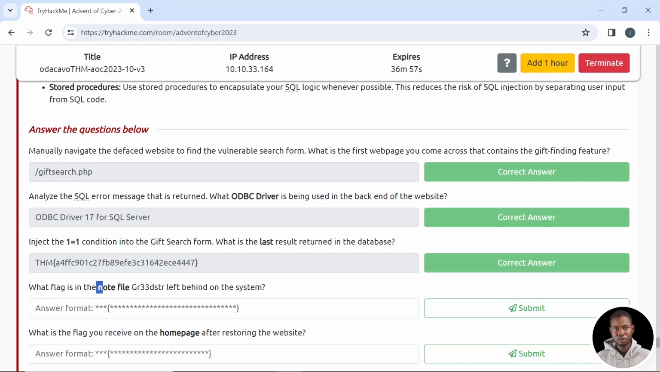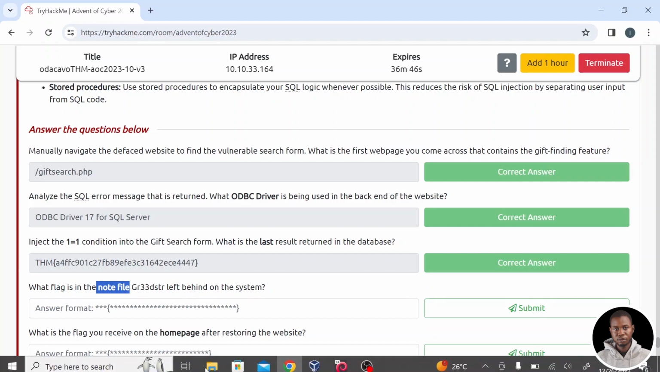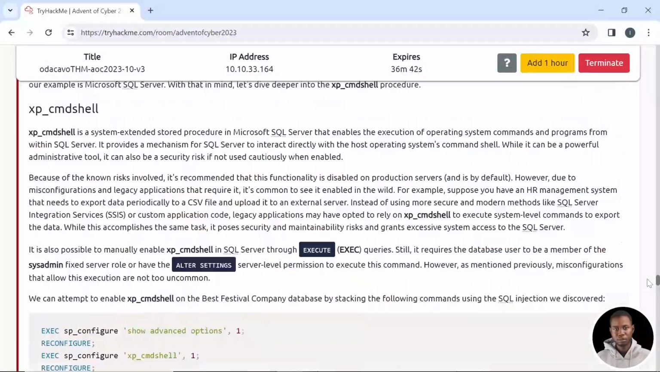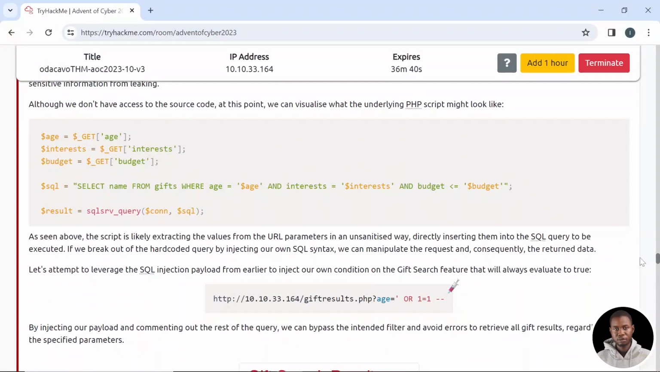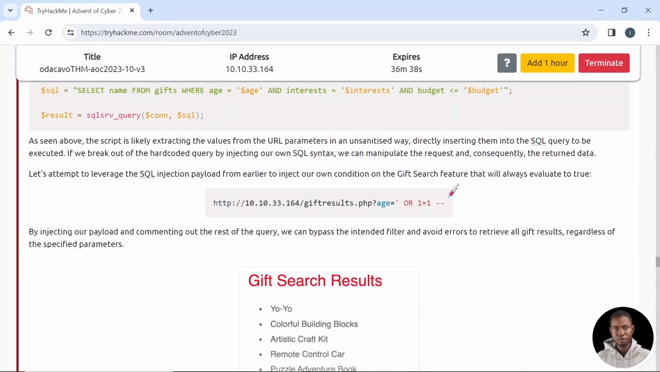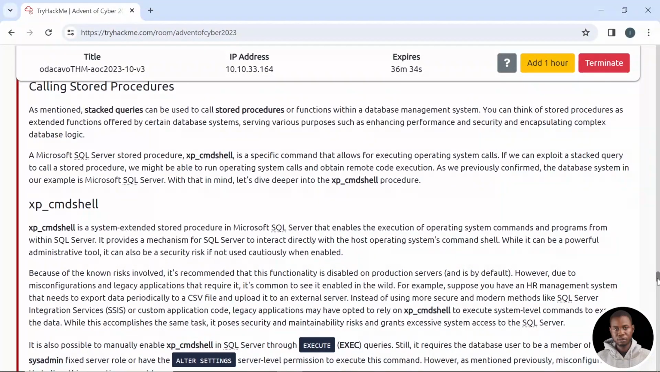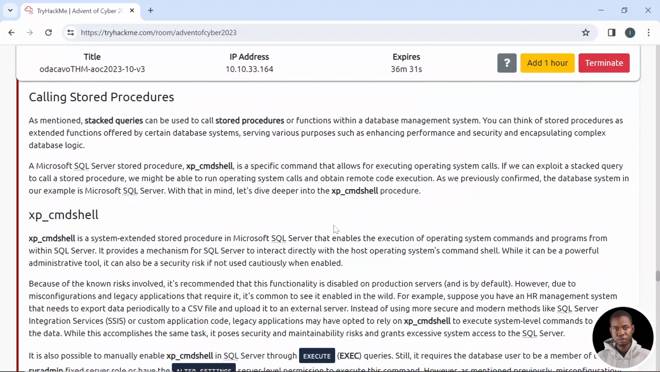So in order to get this file, we need to have remote code execution access to the web application itself. And let's see how this can be done. Let's quickly scroll up to the task. Okay, so we've actually injected the 1 equals 1. In order to make the remote code execution possible, we're going to be calling the stored procedure, which is the